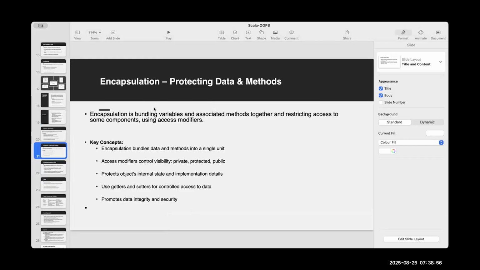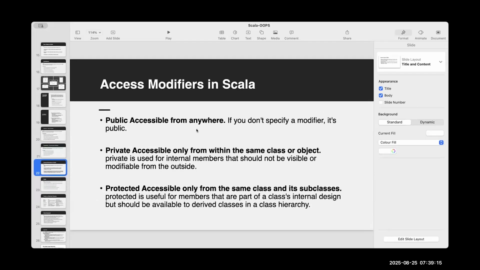Here we are bundling variables and associated methods together and restricting the access. So how will we restrict the access? We have seen some examples where, when things are private, they cannot be accessed outside the class. So there we will be using those access modifiers. Okay, let's look at the access modifiers, then we'll move to the abstract class and